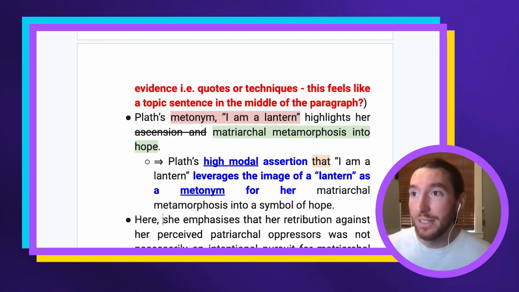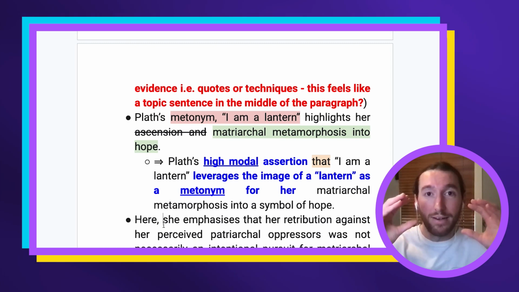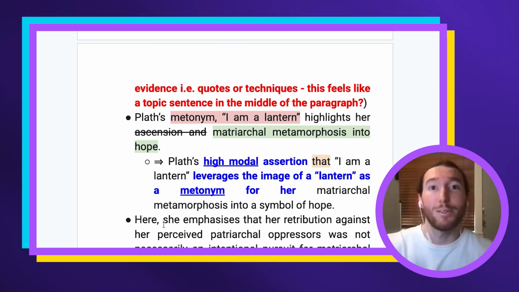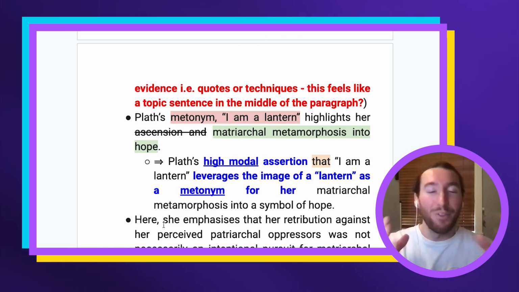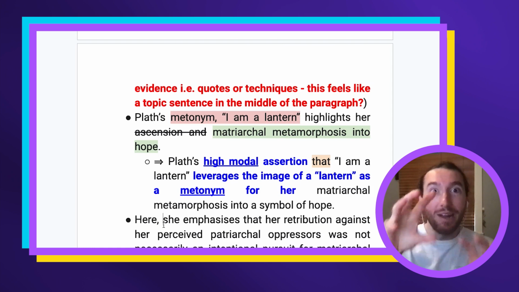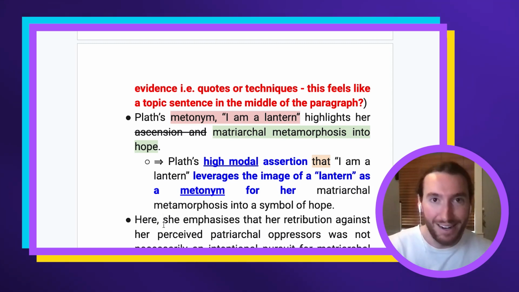Okay, a lot of students do this. I'm not here to tell you that you have to do every piece of analysis within one sentence. I'd say two sentences maximum. I am here to tell you two sentences maximum. And the reason for that is because you just won't have enough time to cover enough analysis within a body paragraph if you're doing three sentences of analysis on one quote every single time. Your paragraph is going to be like two whole written pages, and you're going to run out of time, and the essay is going to be pretty clunky, and it's not going to be concise. So two max, but one to two is the range.